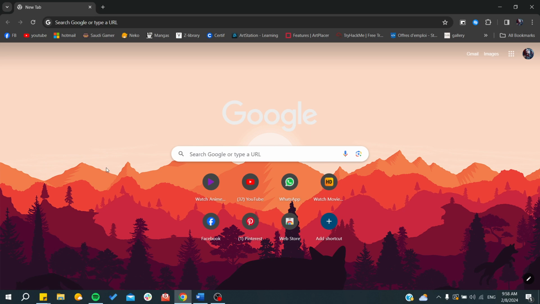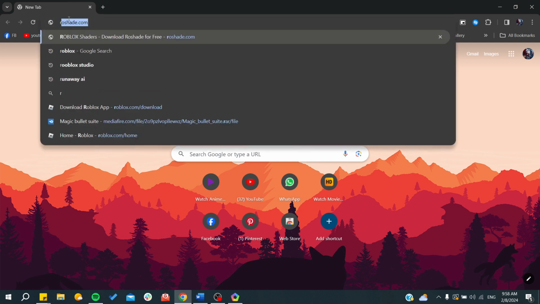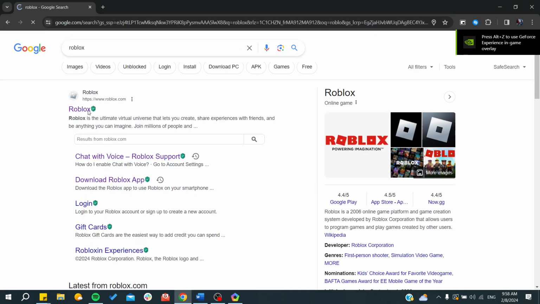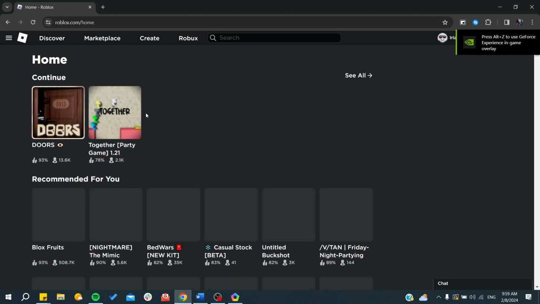In today's tutorial, I'm going to show you how to make a Roblox game. So first, make sure you watch the video to the end and follow these simple steps. Basically, we just need to go to the Roblox website and then log in. And make sure you are logged into your account so we can start our Roblox Studio to